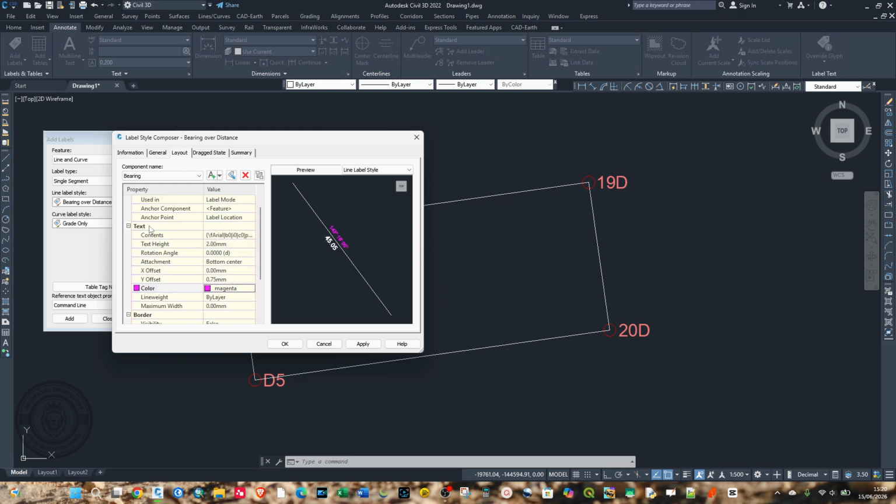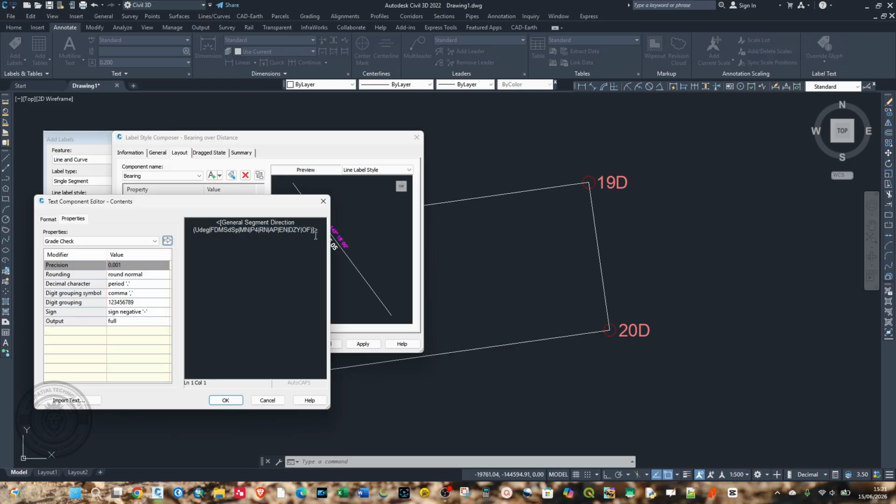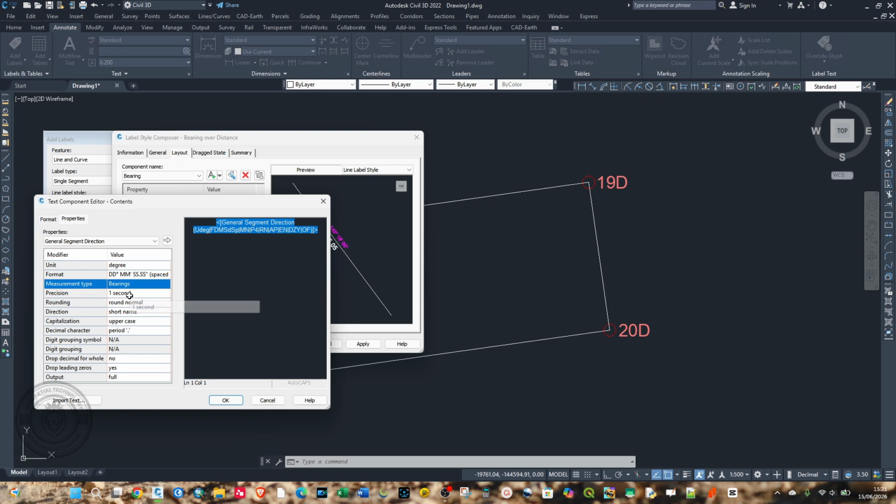under contents, just under text, we have the content column. You can also click this one here so that you can do some settings on the content. So make sure that you highlight everything on this command. Just highlight everything, and we're going to choose measurement type. Let's first of all select bearings, because we are going to do bearings. Precision, you can do 2 decimal places,